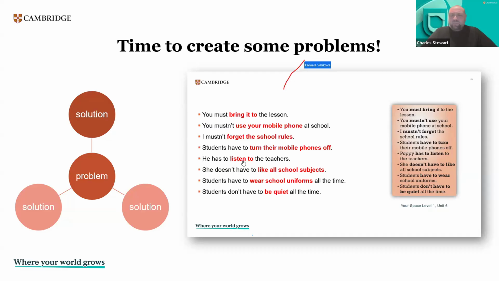Let's say students have to listen to the teachers. What are some problems with that? Sometimes it's boring, lack of attention, good. So boredom is the theme that I'm seeing here. So boredom would go here. What are some possible solutions to this? Someone wrote have to is the problem. Absolutely. Variety, yeah. So perhaps the teachers could use a variety of things in their lessons, different types of things. Working in teams, I like that one, absolutely.